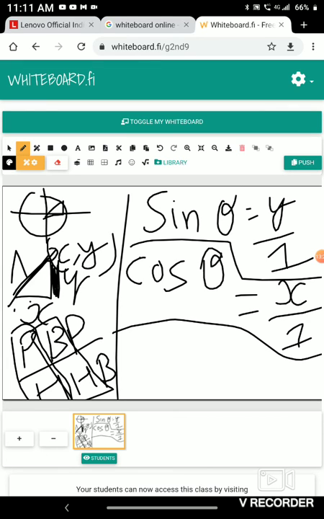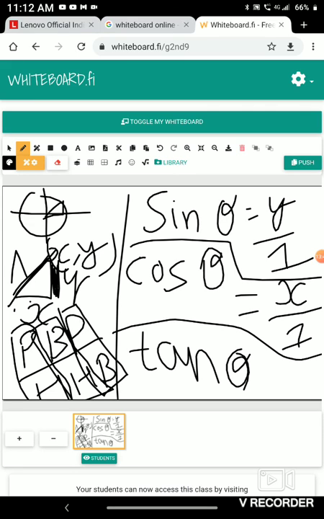Now let's move to the third, that is tan theta. Now the tan theta will become perpendicular upon base. So here perpendicular upon base is equal to, perpendicular is the altitude, so it will become y upon x, as base is x, y upon x. Now this y upon x will have some values, so obviously.